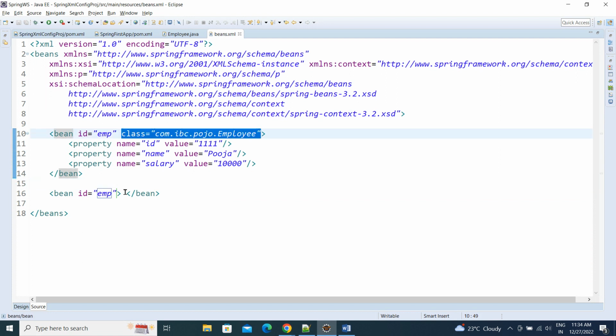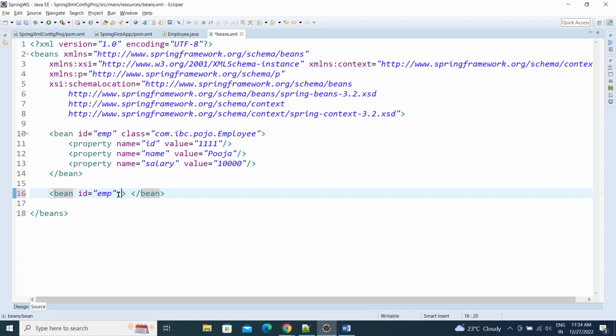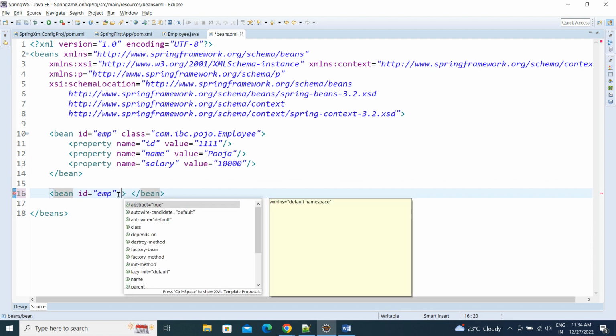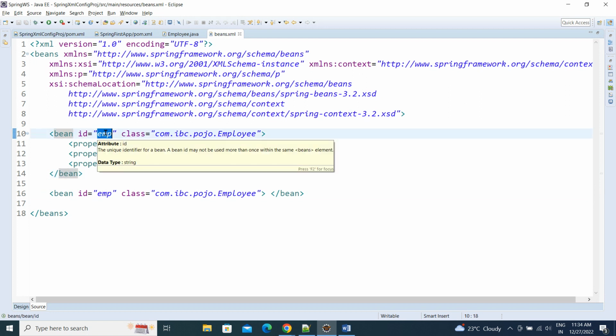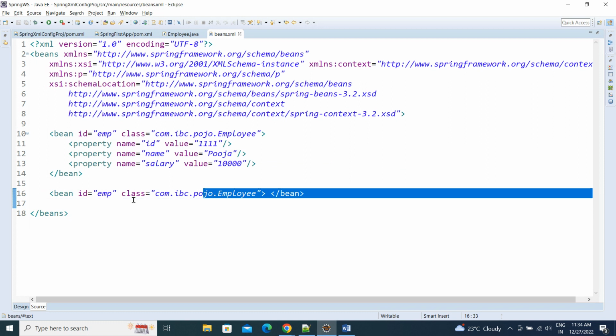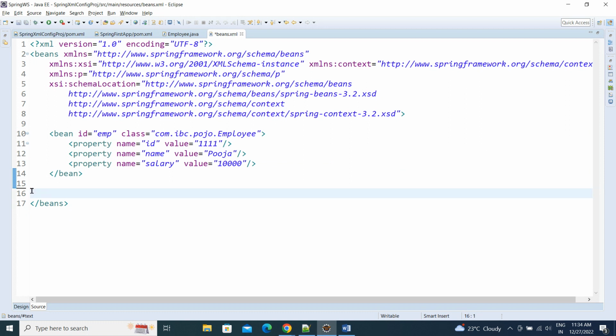We should not give that same employee with one more same id. Okay, it will throw an error here. If you are giving, we should not give, this should be unique. Okay, now next go to